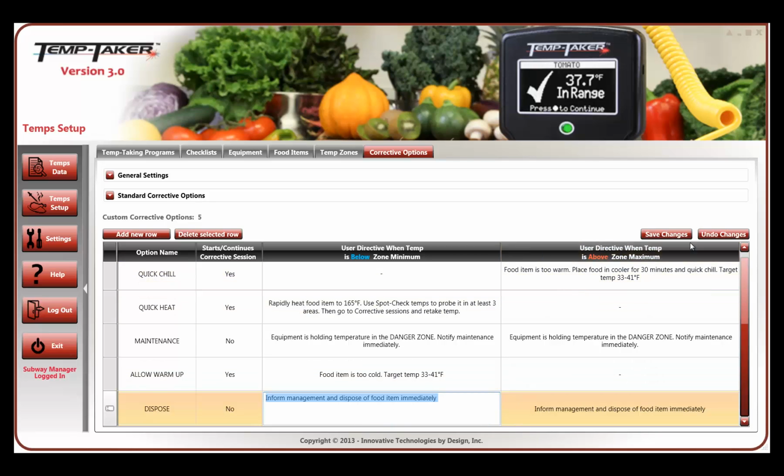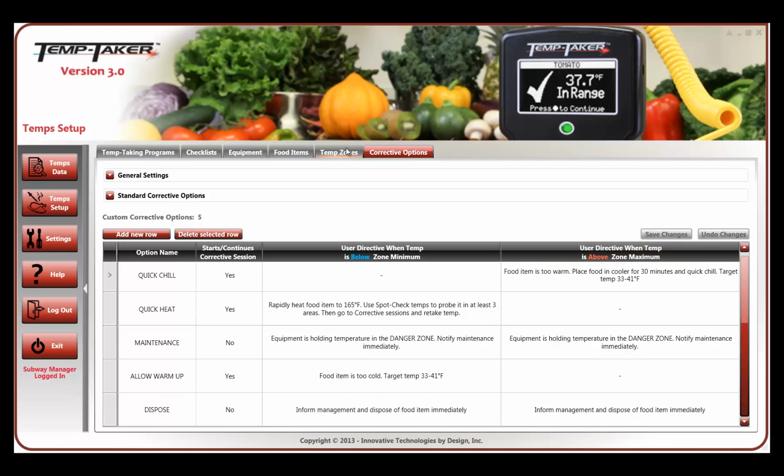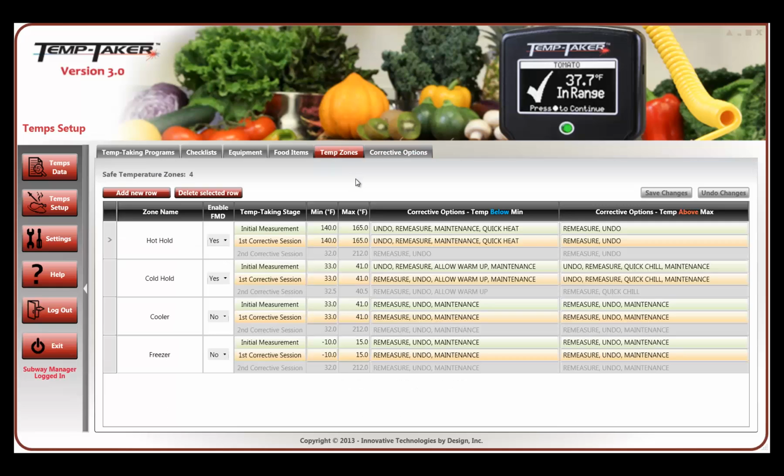When you are done on each tab, make sure to save your changes. Now move to the next tab, Temp Zones. On this tab, you will need to create a zone for each food item and its temperature range. For example, hot hold, I can put all my food items that range between 140 and 165 inside of this specific zone. Like the other tab, to add a new zone, I simply click Add New Row,